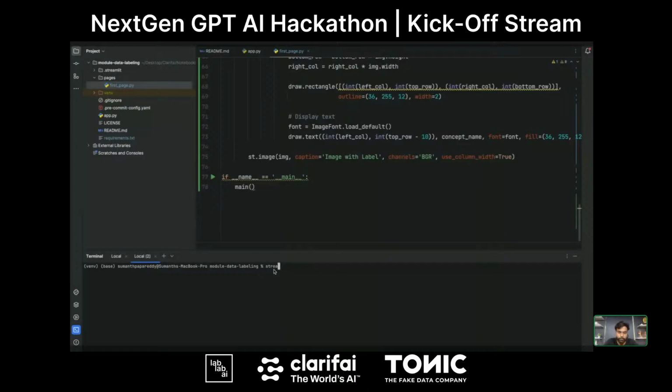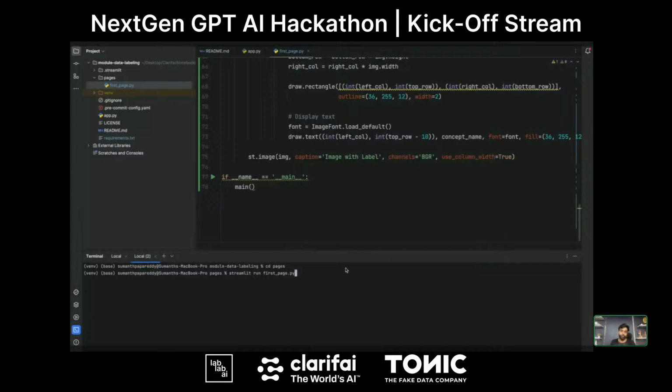I'm giving streamlit run and passing my first page .py. Currently I'm in the wrong folder, so I'll change to that folder, cd pages, and then streamlit run first page.py.